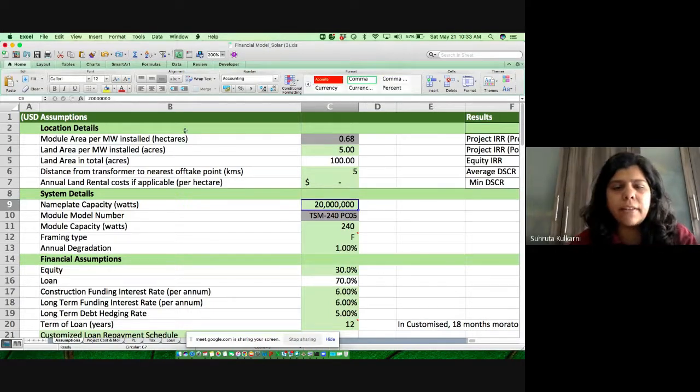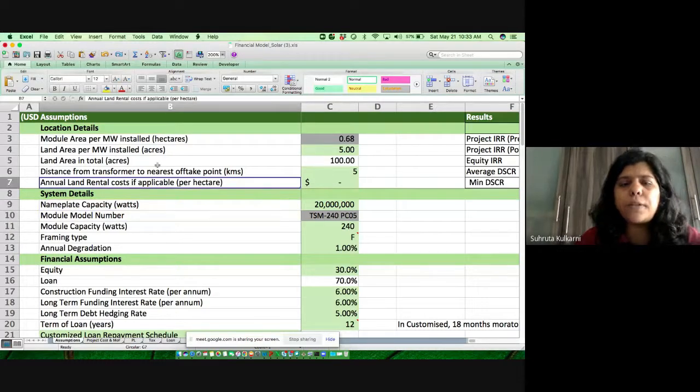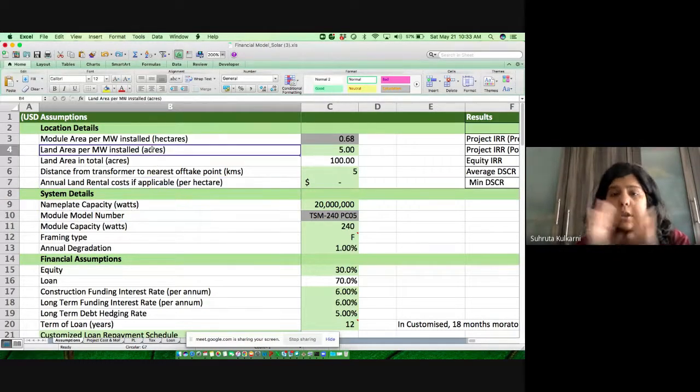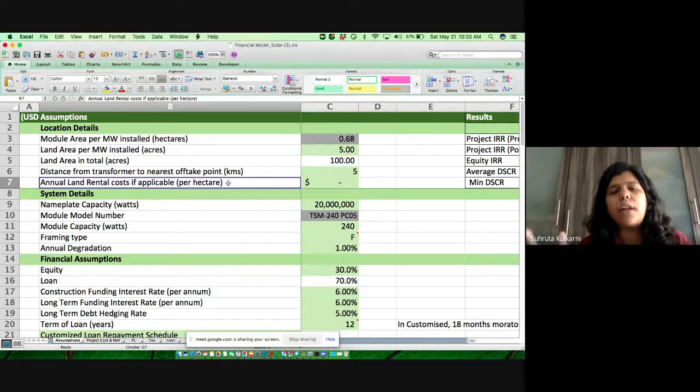So this is what we have in the location details. Then we have built here the option that I can own the land, I can buy the land. The second option is I can even rent land. So typically, if I decide, okay, 5 megawatt, I don't want to put it on the ground, I will rent rooftops and put it over there. From a modeling perspective, I have modeled that as well. I'm not using it, but if I have to take space on rent, I have that ready in my model.